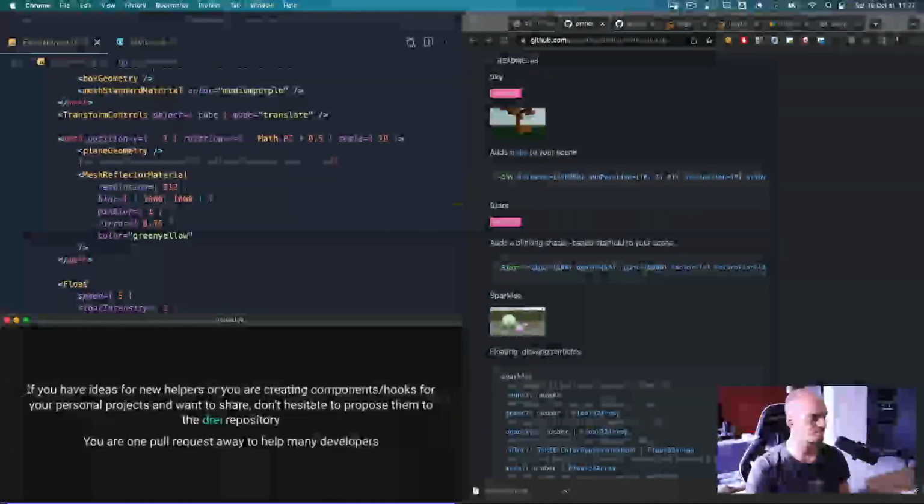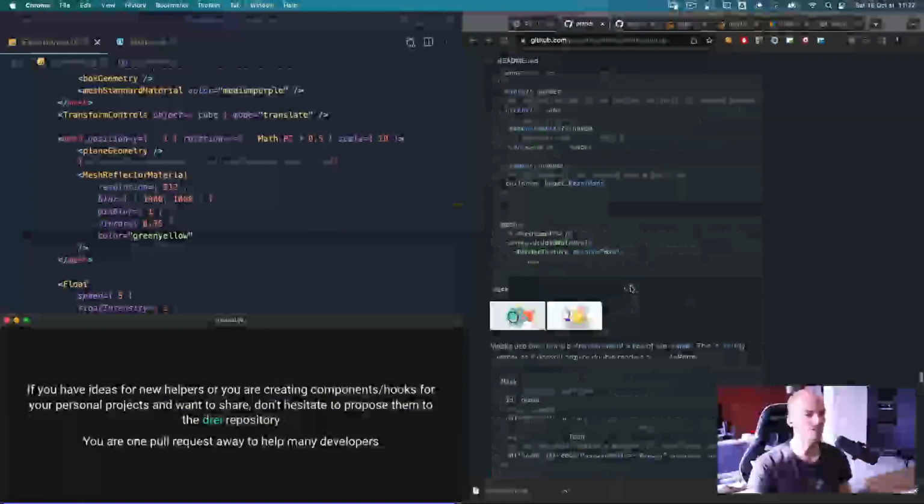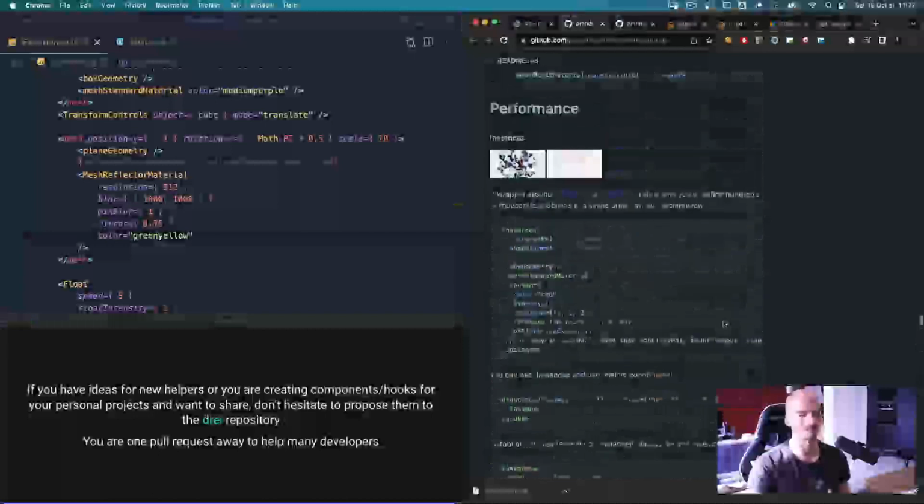Also, if you have ideas for new helpers, or you are creating components or hooks for your personal project and want to share, don't hesitate to propose them to the Drei repository, because this repository is evolving. The Poimandres collective is adding more and more helpers to it. You can participate. You are one pull